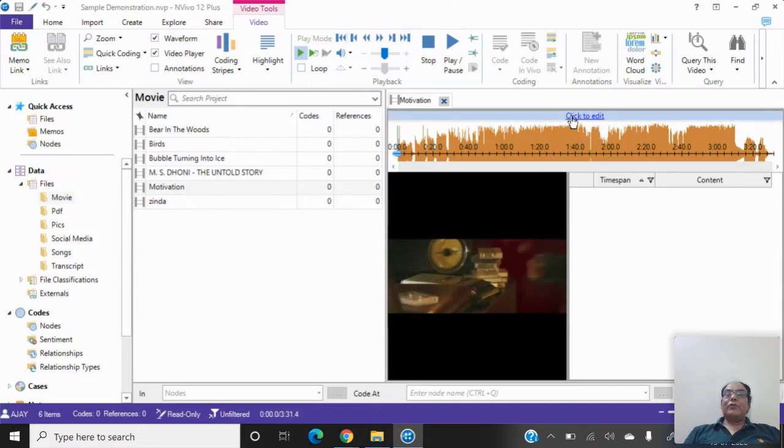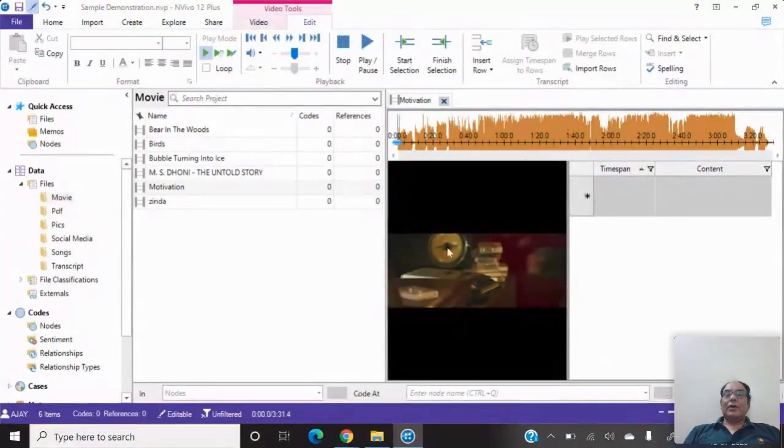If I click, first of all, I have to click on edit. Otherwise, I am not able to run this song. And you can see that this song is divided into different time frames. So time from 0 second to 3 minute 20 second. So the song is divided into different seconds, and you can make your notes of different seconds here. If you click on the edit, okay, now the song is ready to analyze.